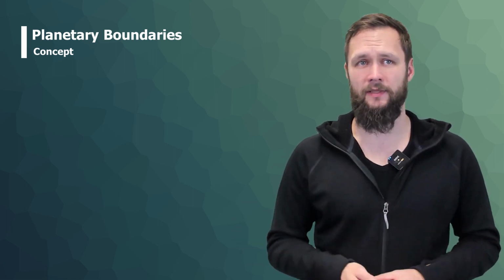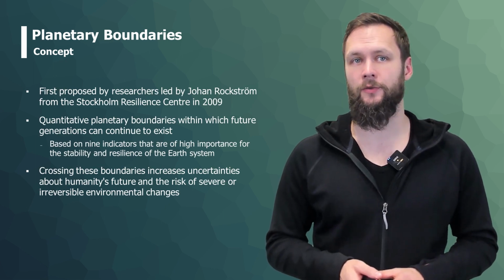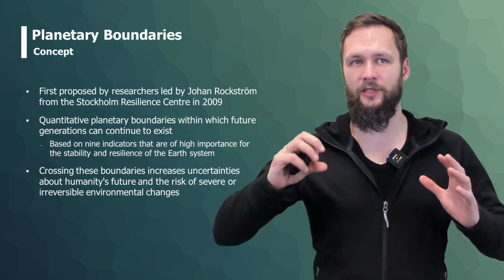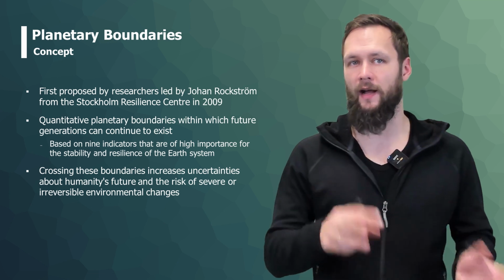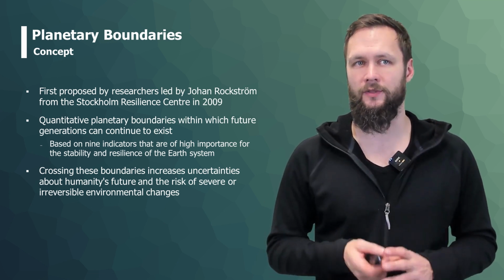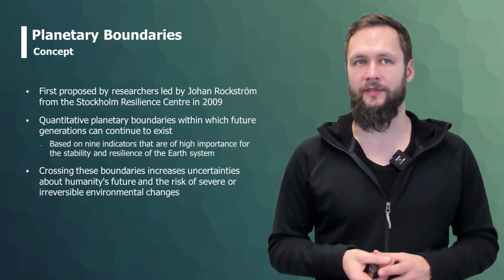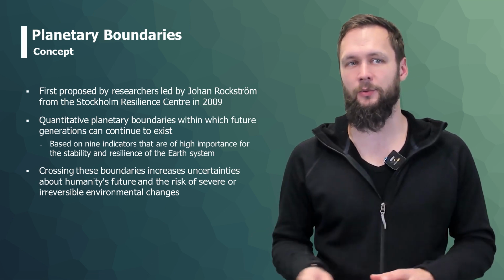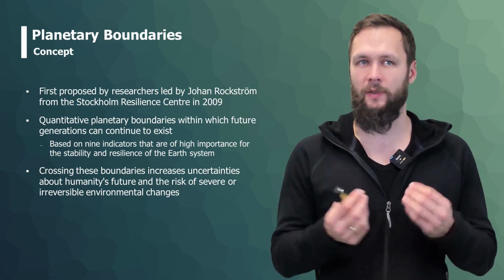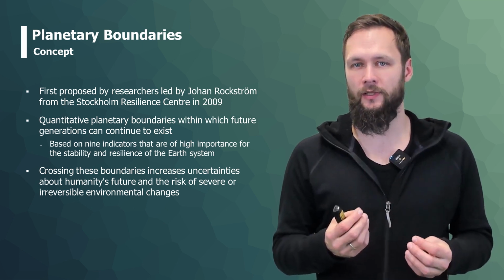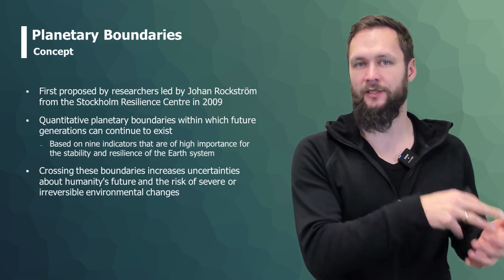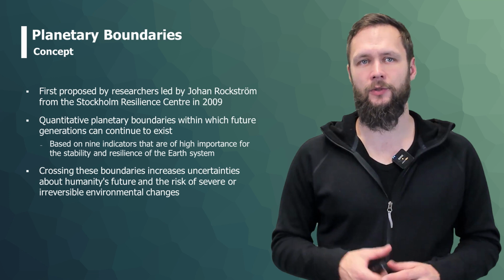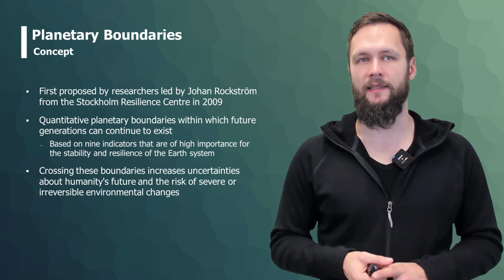The planetary boundaries are a concept that was first proposed by Rockström from the Stockholm Resilience Center in 2009. And it essentially tries to give us nine indicators that are of high importance for the stability and resilience of the Earth's systems. If we break those indicators, then there is a severe risk of our ecosystem failing and us triggering irreversible environmental changes. So it tries to give you a quantitative approach, to get from abstract representations like the Earth overshoot day to a more quantitative approach where you can work better with numbers. And to do so, they identified nine indicators that they deemed to be important.